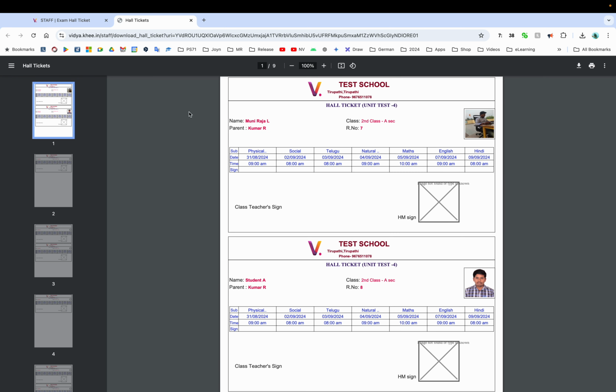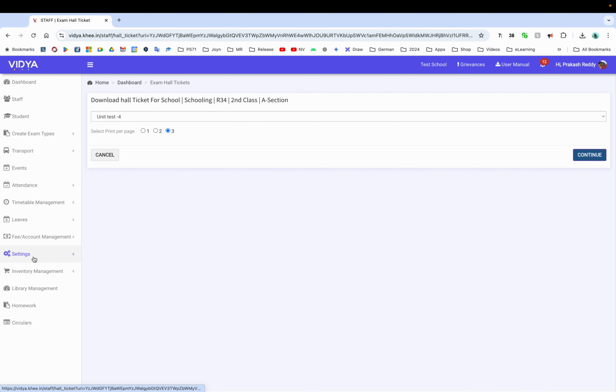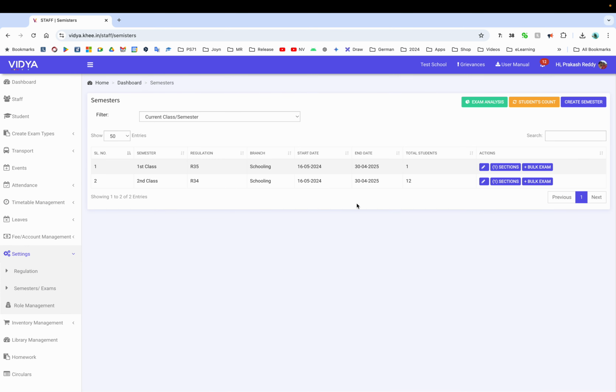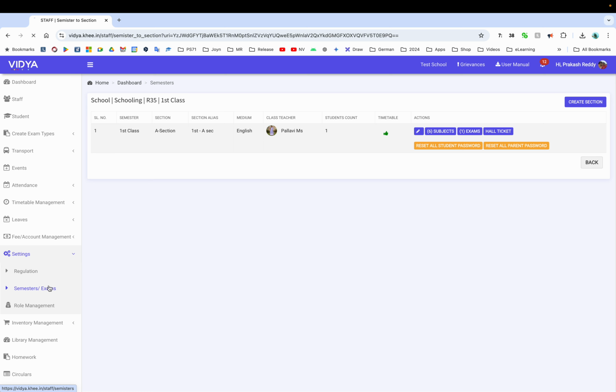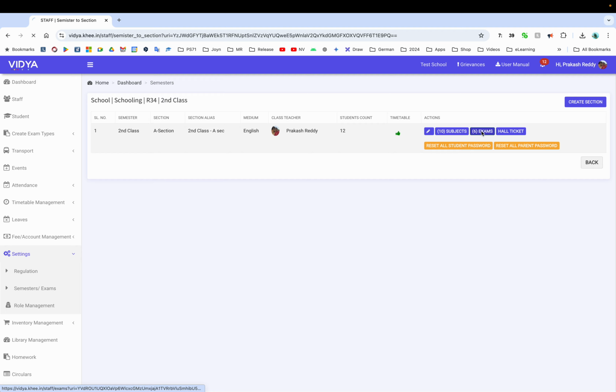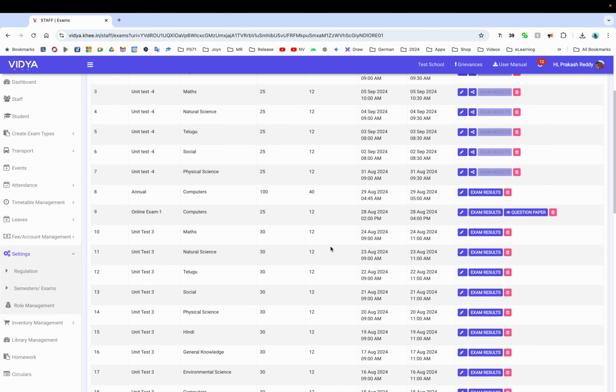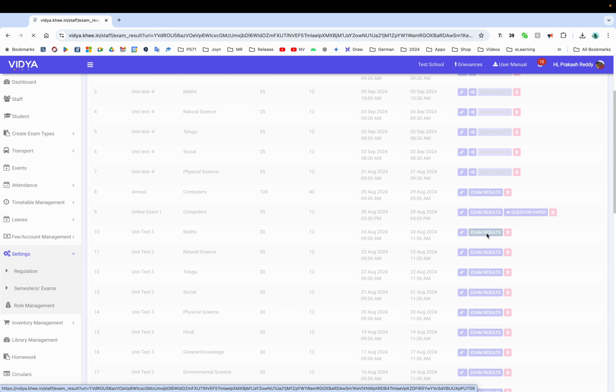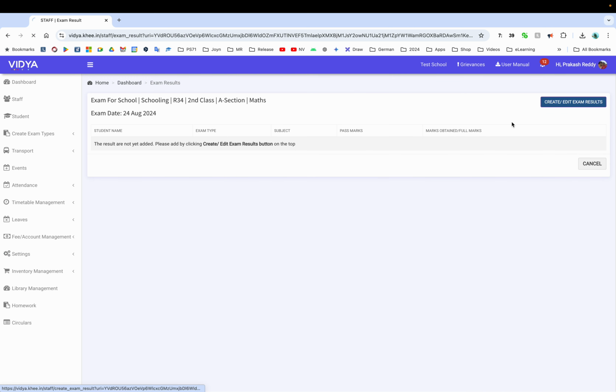Okay, and going back, so we covered how to create the class, adding subjects, adding exams, and hall tickets. Now let's enter the results as well. To enter the results also we have two options. One, exam by exam, subject by subject, for example unit test 3 maths, you can enter the exam results here for all the students. Or